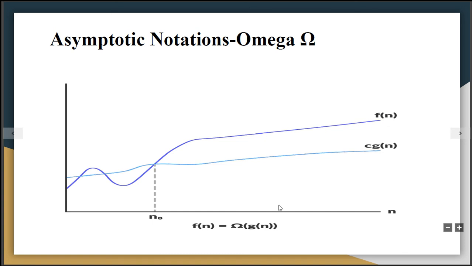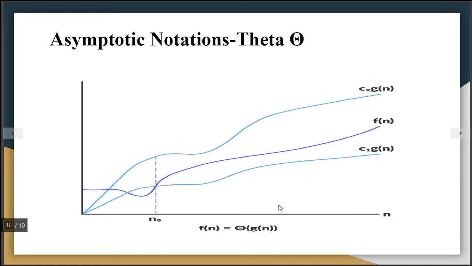There is one more asymptotic notation that is called theta. This particular asymptotic notation is the average value of upper bound and lower bound. In this diagram, you can identify f of n lies between C1 into g of n and C2 into g of n. So if a construction requires at runtime exactly 1 crore rupees, C1 into g of n will be 90 lakhs and C2 into g of n will be 1 crore 10 lakhs. So this is approximately the average value of both. If such a situation is there, in that case, f of n is theta of g of n.